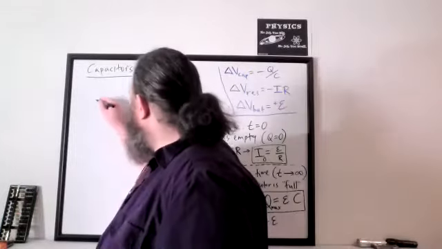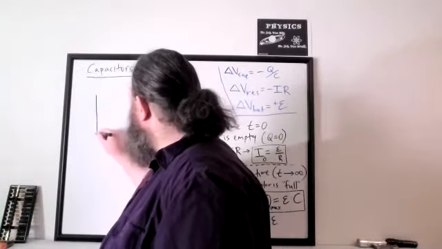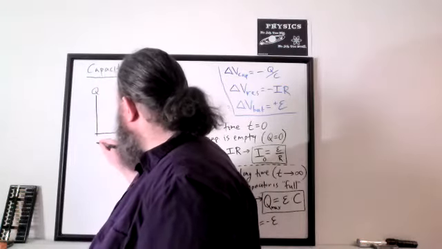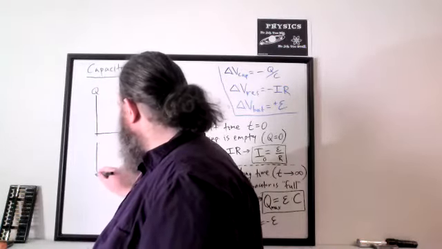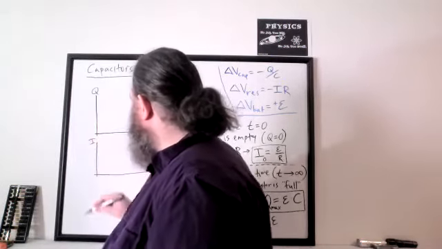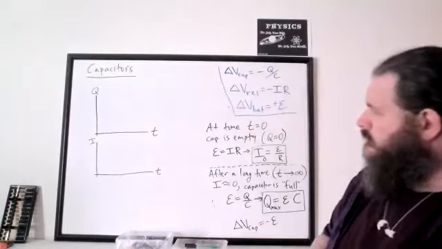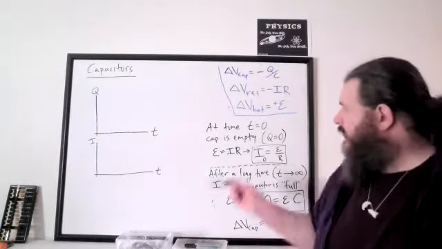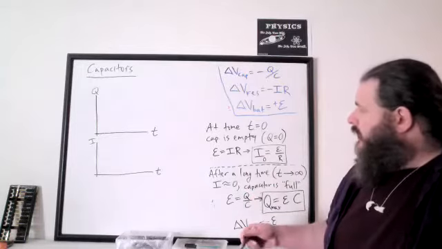If we draw out a graph of charge versus time, and also a graph of current versus time, then we know that if we take a look at the starting values and ending values, at the very beginning,